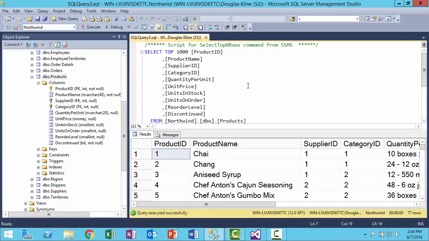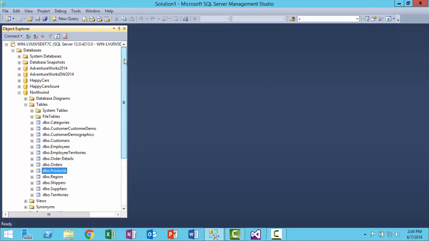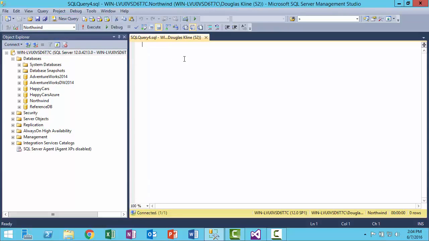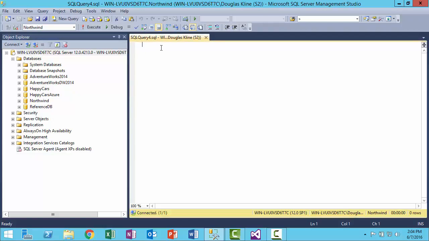So at this point, I'm going to back up a little and get a new query window that doesn't come from a context-sensitive menu like that. So here I am on the server, and on the menu I can click on New Query. Now what this does is a couple of things. The query window is basically a text editor, but it's special in that it is connected to this particular server, and furthermore it has as its context this database. So if I were to type a command in here,